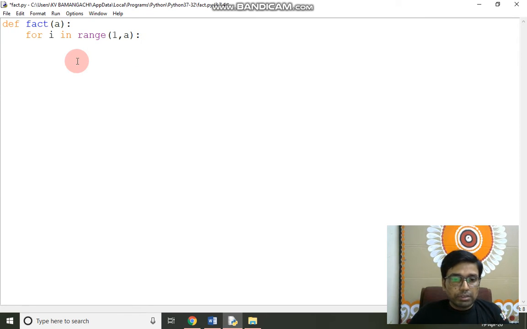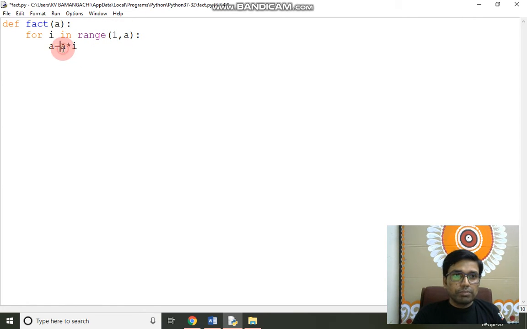What you have to do now is a equal to a into i, as we know that the factorial is the multiplication of a number by the numbers below it up to 1. So I have given a statement a into i, where the value of i will be generated by the range function starting from 1 to a minus 1.